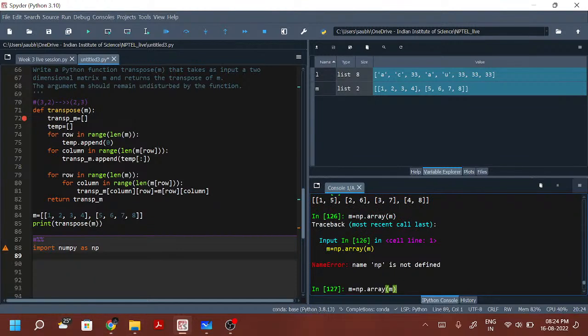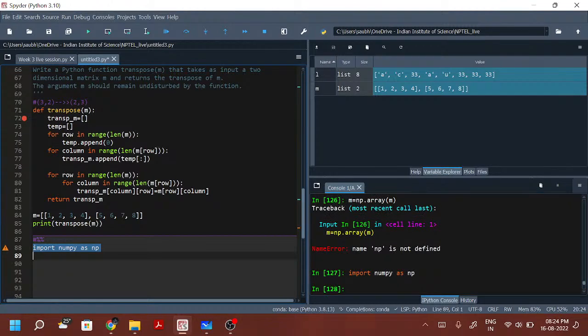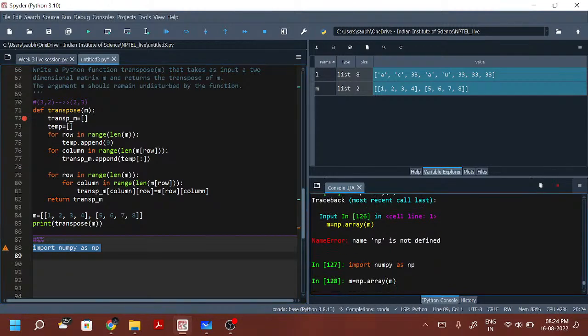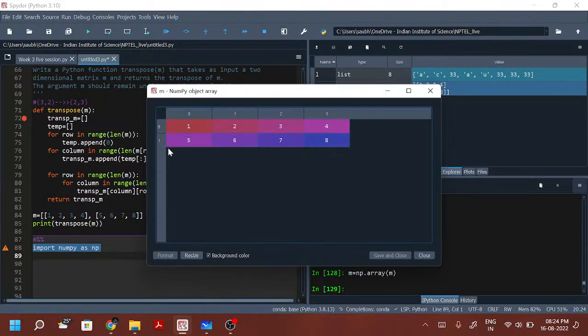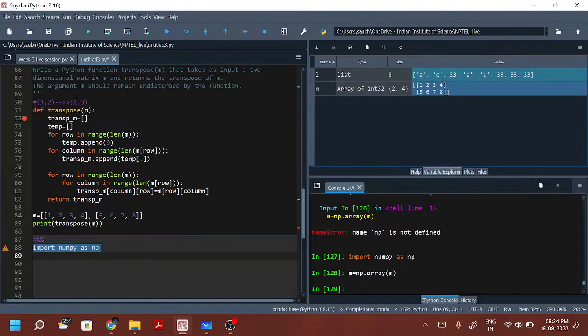Oh, I have not run this line, so that's why it's not working. I should run this line, and then it will work. So see, you can see it's an array, in a matrix format here. So it's a numpy array object. Now m is a numpy array, and if you just write m equals to m dot transpose,